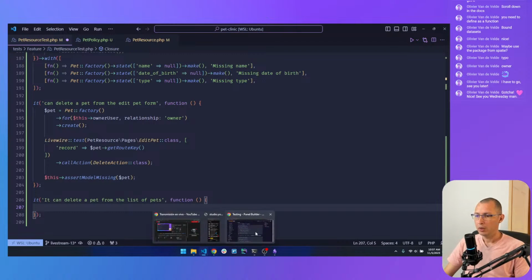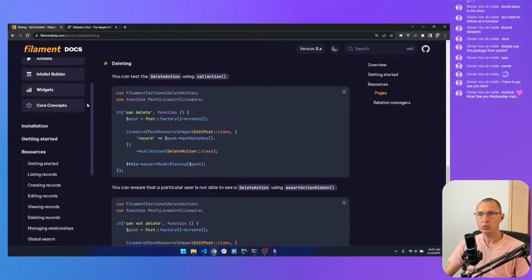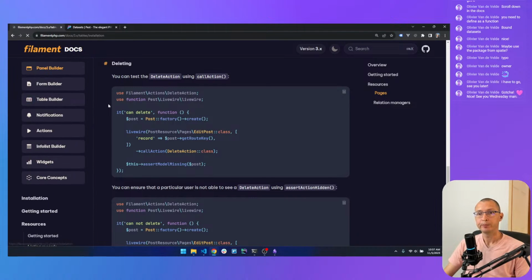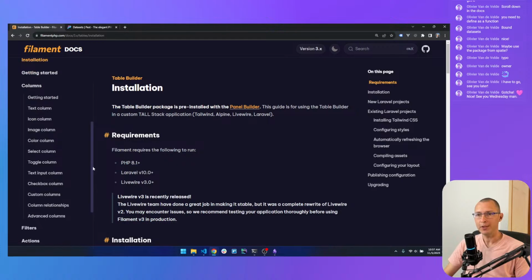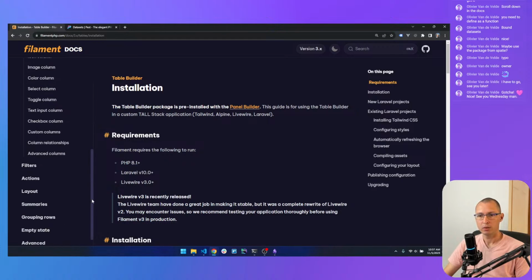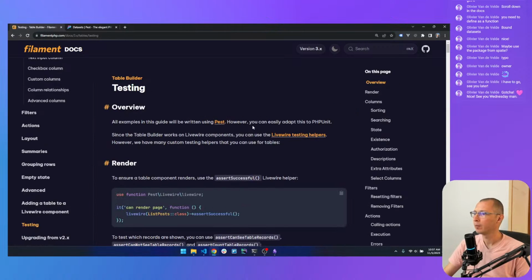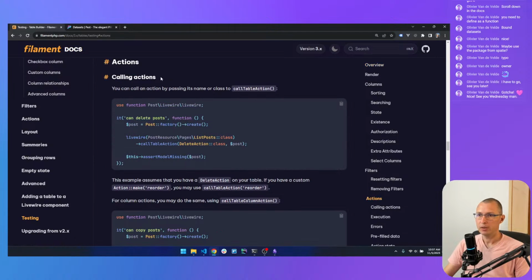What we should do is go back to documentation and go to the table builder and visit the testing section right here. Let's go to the actions section. Calling actions, this is the one that we are going to use. We can delete pets in our example.